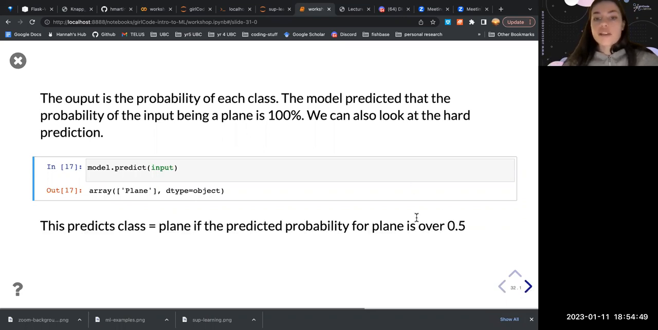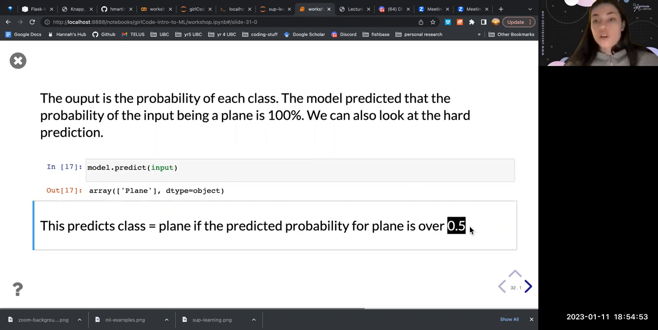So yeah, this is the threshold. Our threshold right now is 0.5. You can change the threshold though, if you want. So maybe we're predicting tumors and you want to be super sure if a tumor is actually cancerous, or